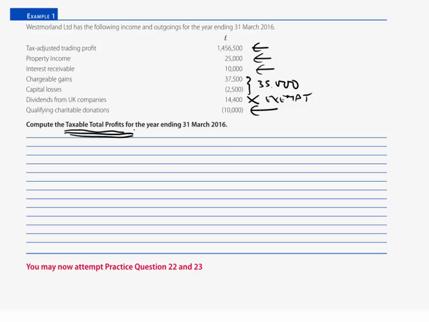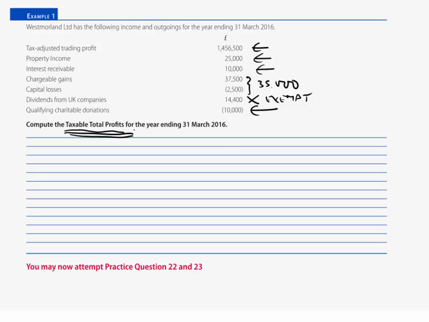Okay, so we now know for what periods a UK resident company will prepare a corporate tax computation. It is for a chargeable accounting period. We know how to put together that corporate tax computation and what is included thereon. From our adjustment of profit and capital allowance computations, we get a tax-adjusted trading profit. We include any property income on an accruals basis. We include any interest income on an accruals basis. But interestingly, as we keep saying, from any interest income receivable, we would deduct interest payable on any and all